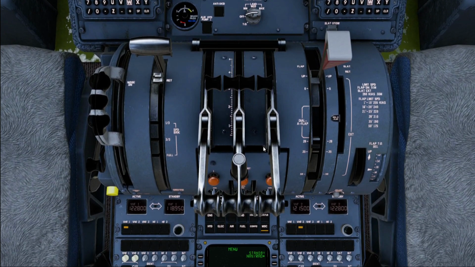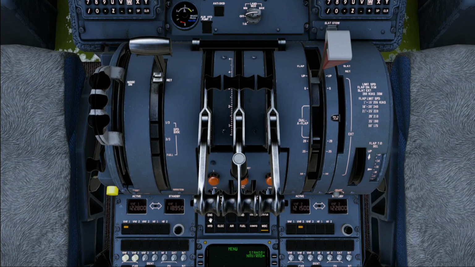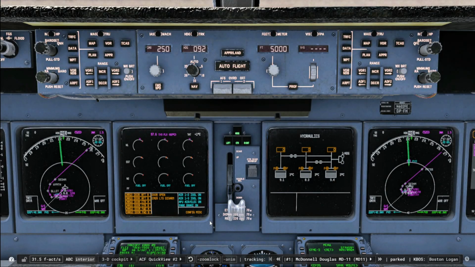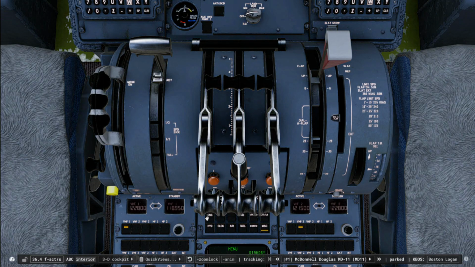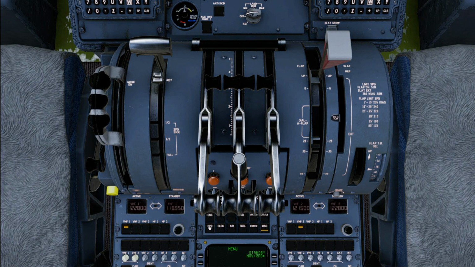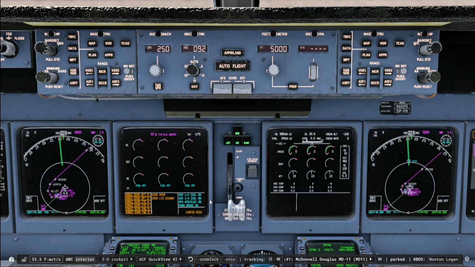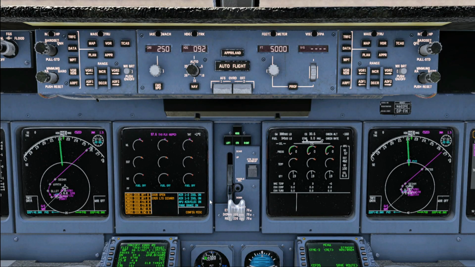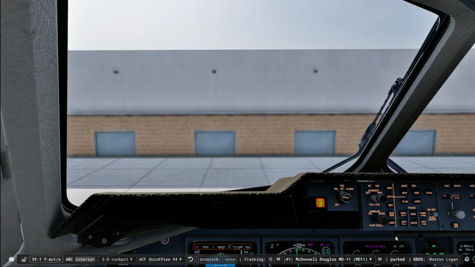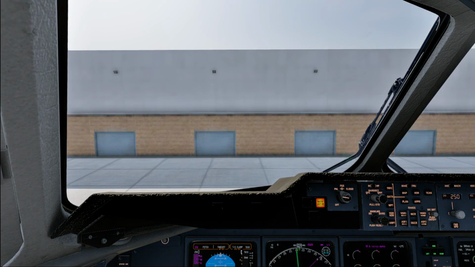Let's go to engine for now. It didn't switch. Now it did. All right, and we're ready to go. I know it's a little lengthy. I still try to make it somewhat